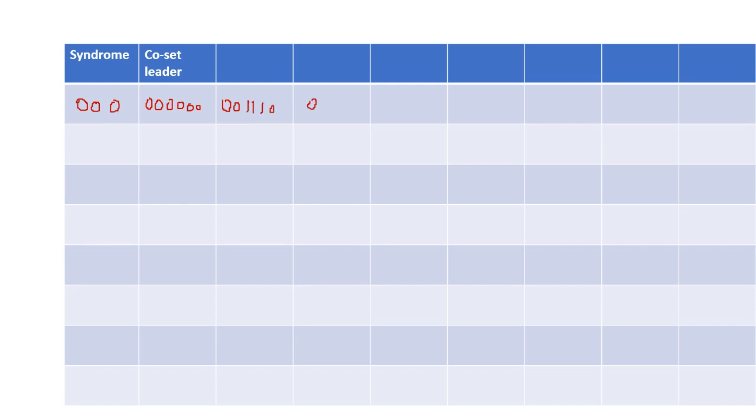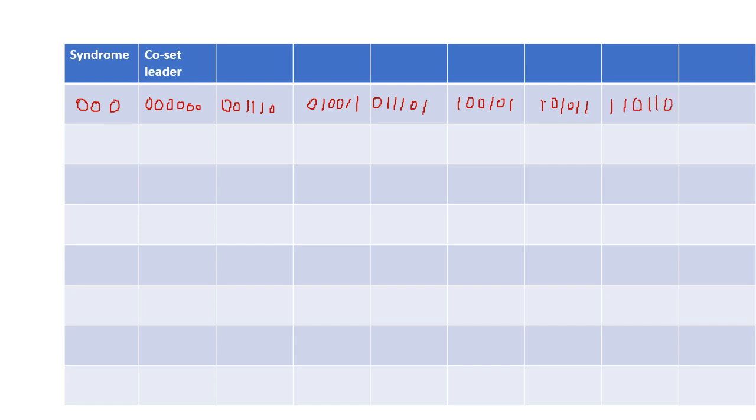The next one is 0 1 0 0 1 1. The next one is 0 1 1 1 0 1. Next, the fourth one is 1 0 0 1 0 1. The next one is 1 0 1 0 1 1. The next possible code vector is 1 1 0 1 1 0.